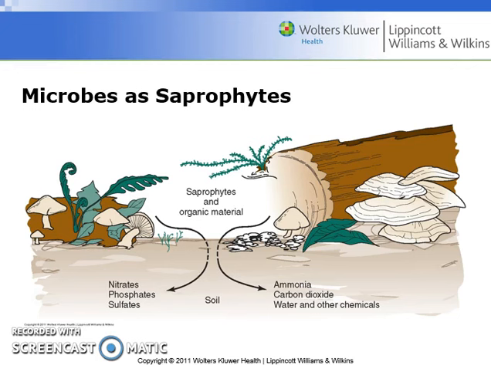So in conjunction with extracting resources from the decaying organic material, these fungi can also extract resources or nutrients from the soil or substrate that they're affixed to. So they can also absorb nitrates, phosphates, sulfates, and then they will also produce carbon dioxide, because these guys, unlike bacterial cells, are actually eukaryotic. And being eukaryotic, they're heterotrophs primarily, which means since they're feeding off something, they're going to release waste, and they're going to release waste in the form of carbon dioxide.